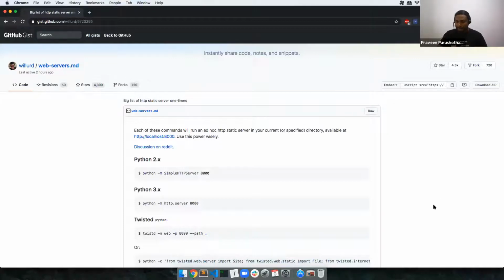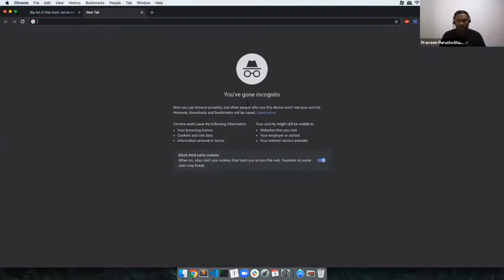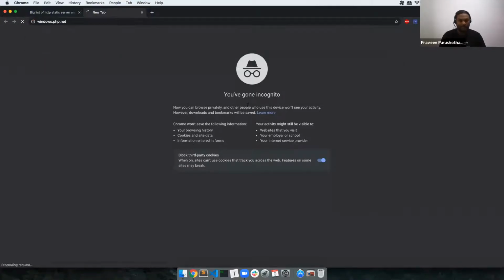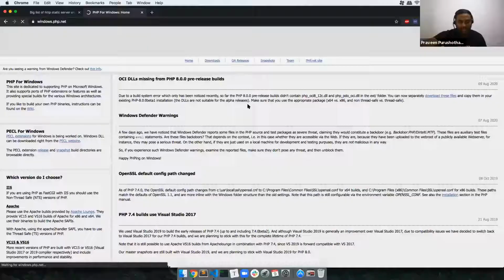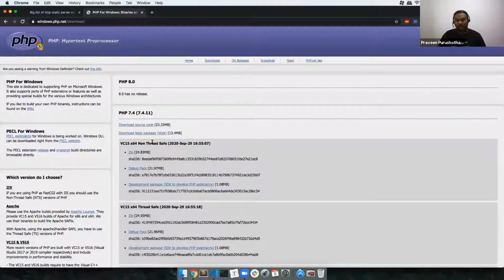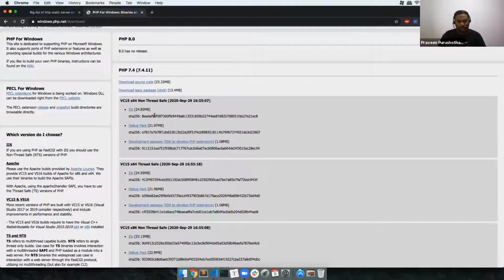So for people who have got this issue, PHP not found, if it is from Windows, go to windows.php.net. If you want to use PHP, use this one. There are download options here. Use the thread safe or non-thread safe version. If you are on the latest machines, it should be x64. Just go with the zip download and extract it in your C drive, and that should work.